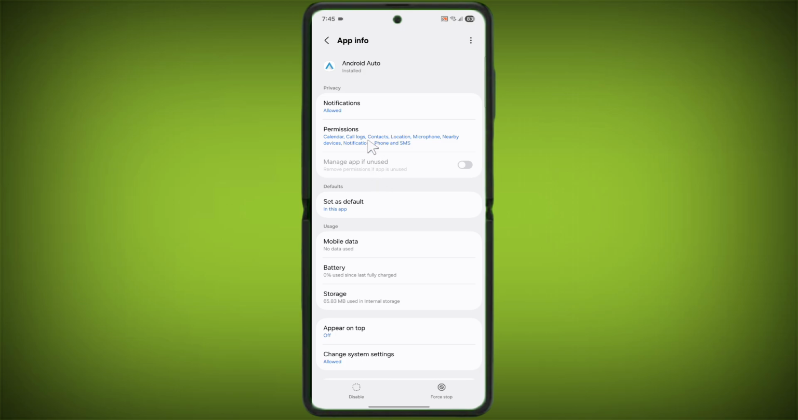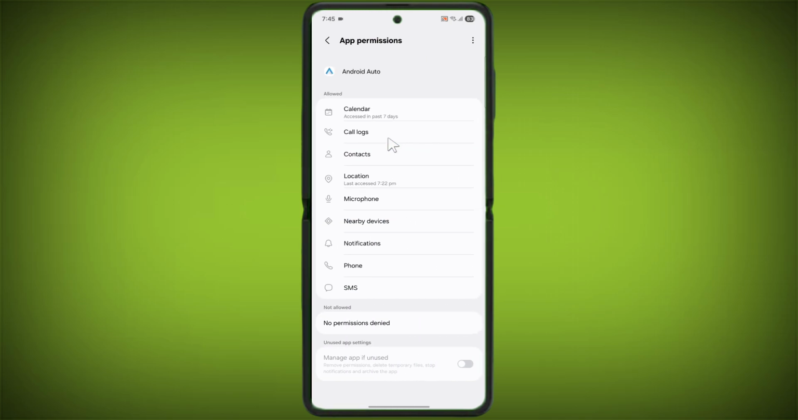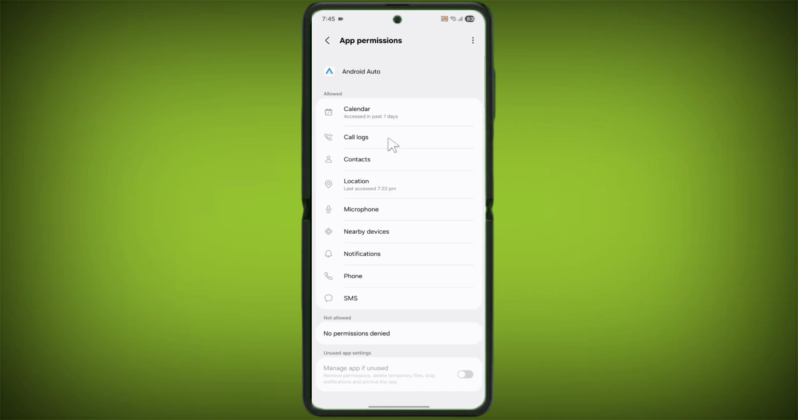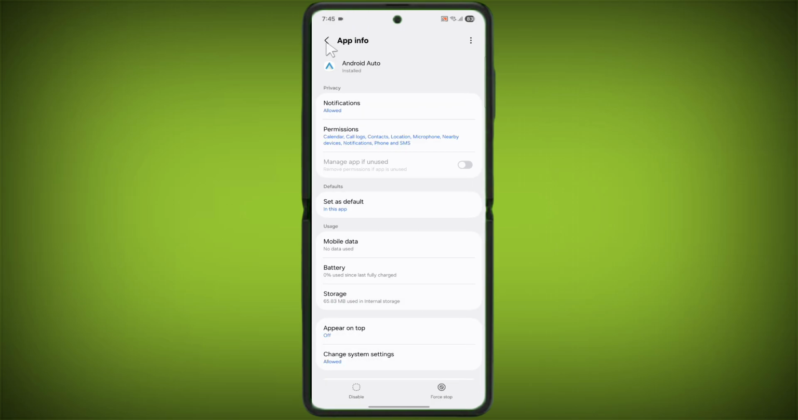Now tap on permissions and enable all the permissions. If any permission is denied, allow all the permissions. Then go back, click on force stop, click on OK. Then go to storage,